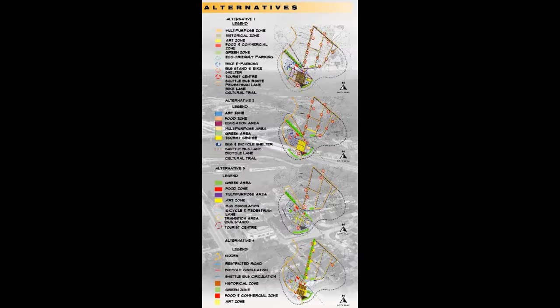Next, for the second alternative, the circulation for bus and bicycle line remains the same. The education area will have more bus and bicycle shelters for students to have easy transportation service. The green area will have more shaded trees, and the food zone will be highlighted in Old Town because it is near the tourist center, which they can easily reach and consists of multiple types of halal foods which is suitable to all. The art zone will be enhanced with street art lines and preservation of colonial architectural buildings.